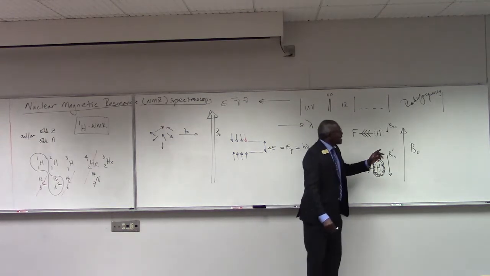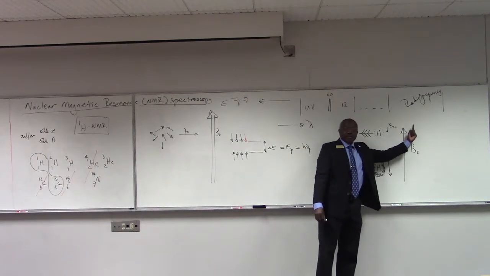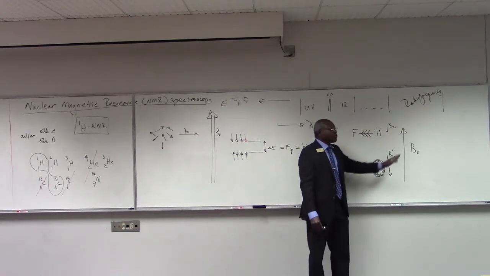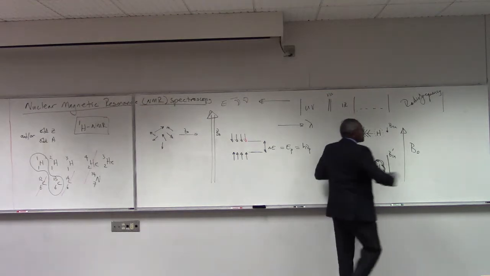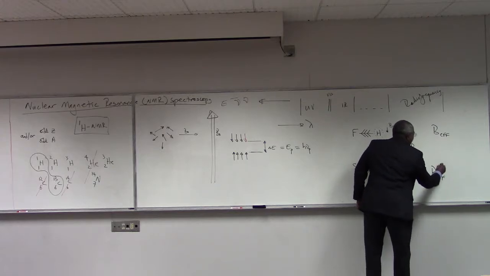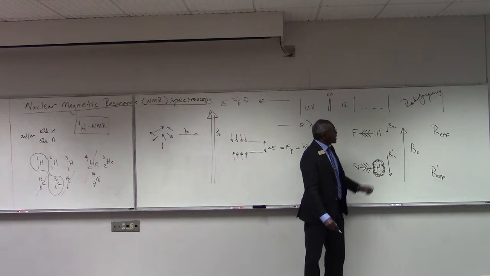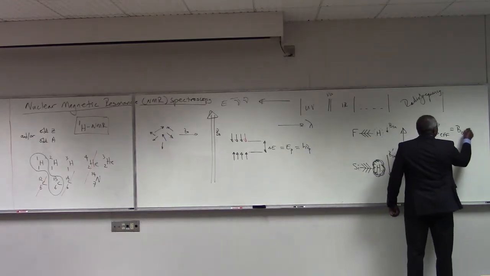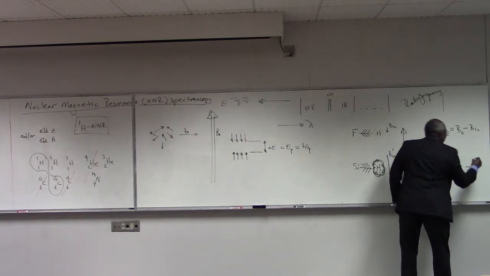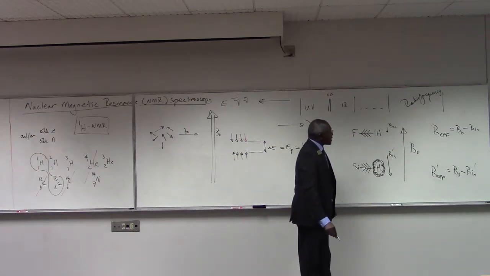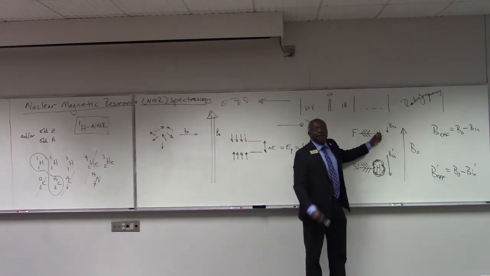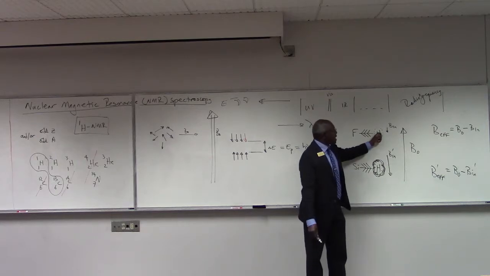So now, if I were to take the vectoral sum of B naught, the applied field, and B induced, the fields created by electron density in response to the applied field, I end up with what's called a B effective. And the B effective, I'm going to call this one B prime. The B effective is going to be defined as the B naught minus the B induced. And here that's the B naught minus the B induced prime. So what this means then is the effective field that these protons feel is larger than the effective field that